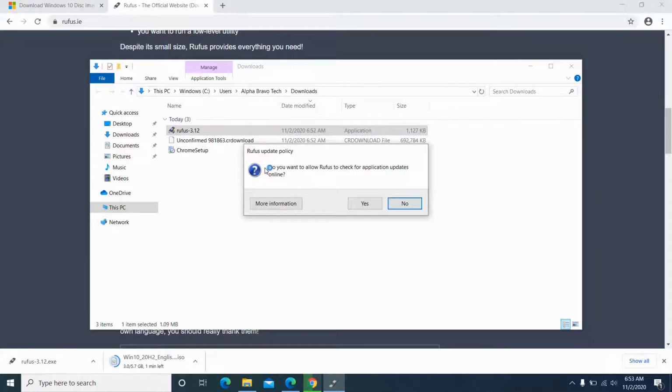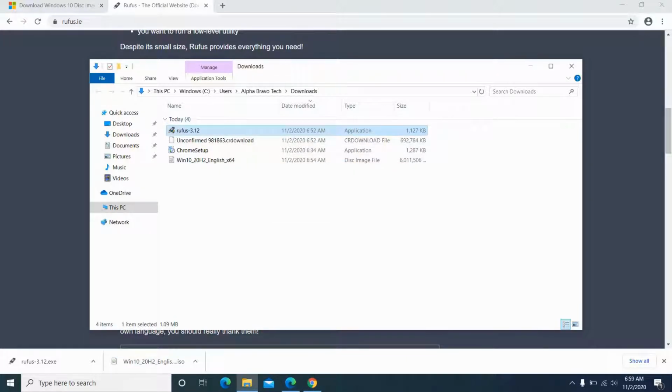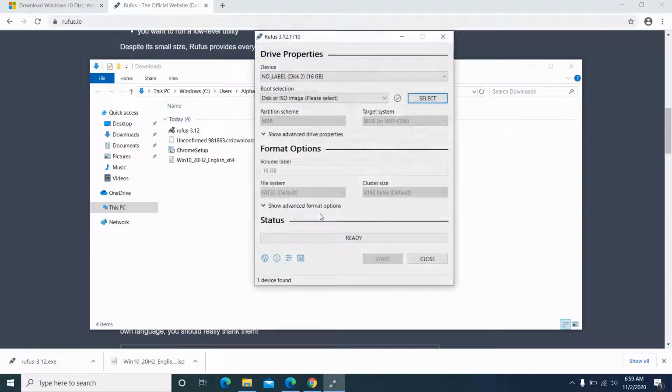Install that while that Windows is downloading. Alright, so we open up Rufus, we have our 16 gig USB flash drive plugged in, and it shows here. Make sure you have the right thing selected. You don't want to accidentally delete a different flash drive or whatever else you might have connected to the computer. So make sure it is the correct one,